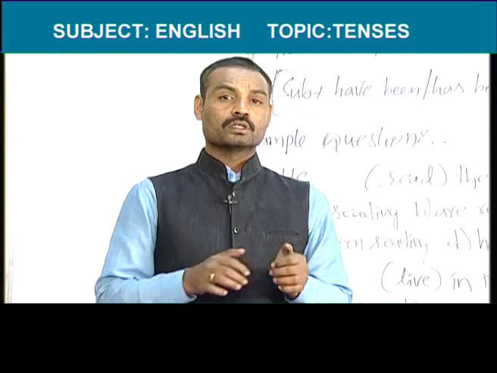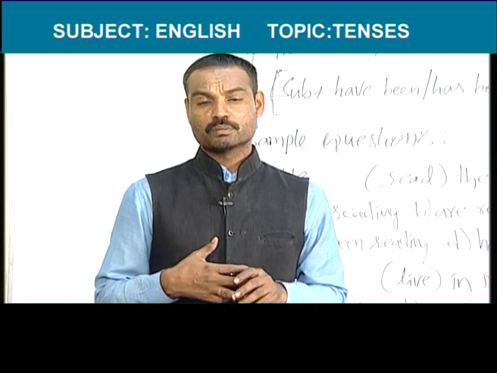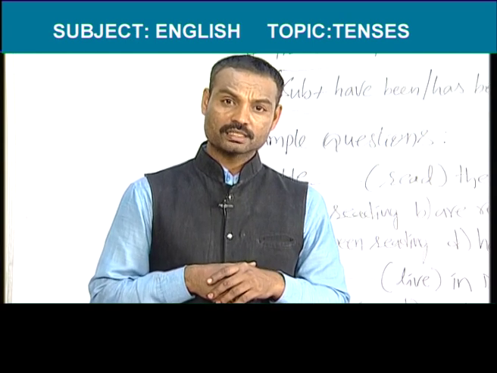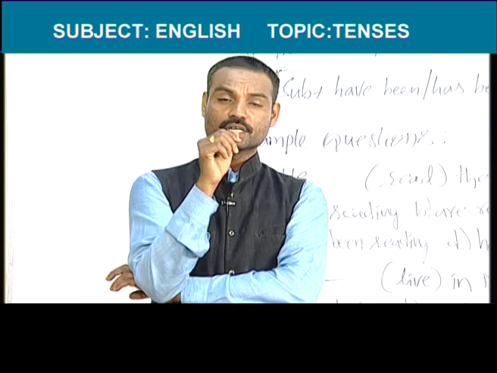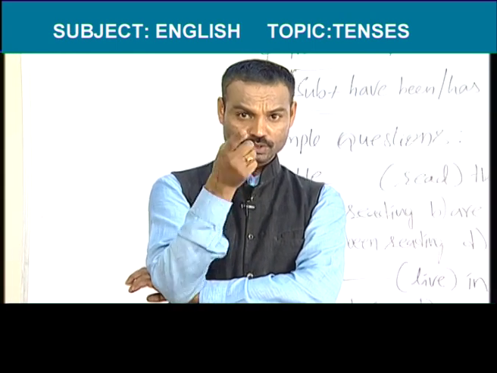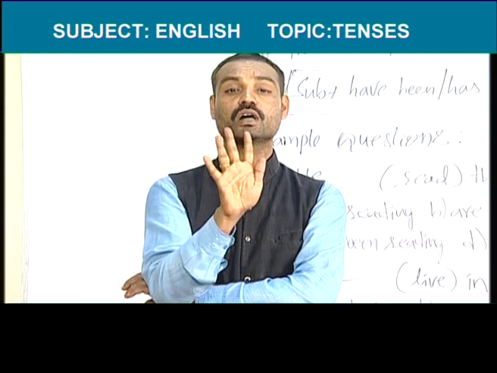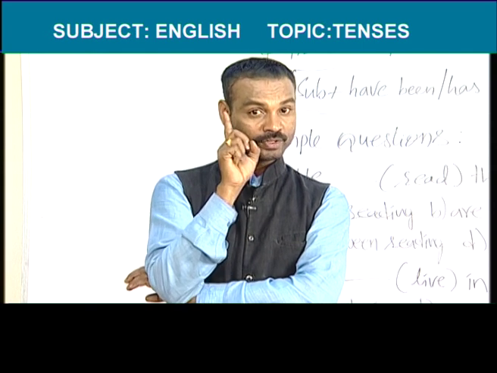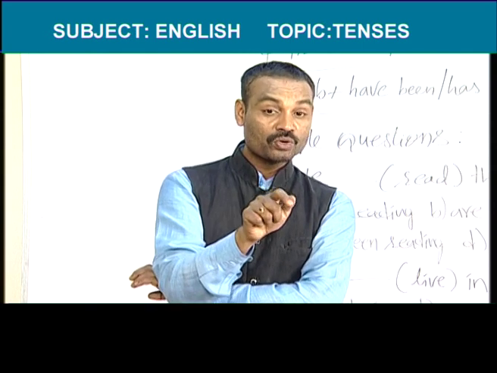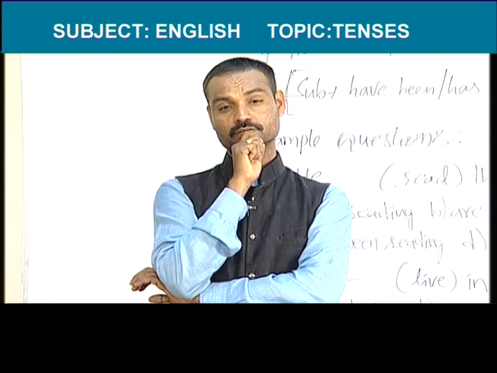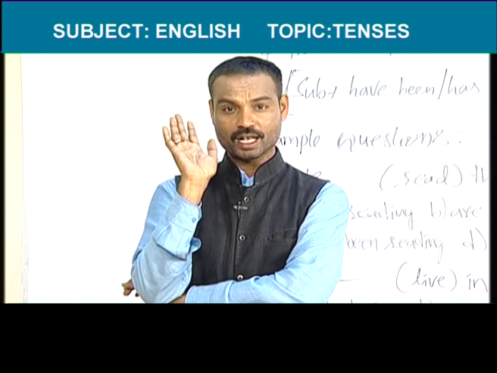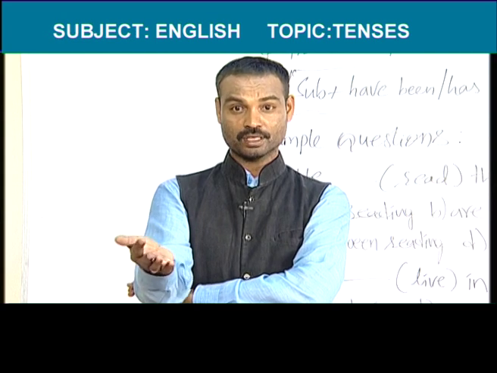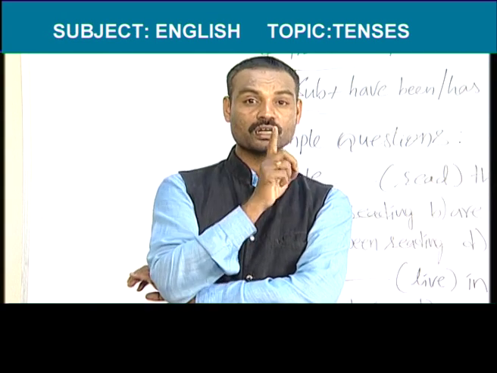Okay. So, this is something about present perfect tense. Now, I am going to tell you present perfect continuous tense. Present perfect continuous tense is used to tell an action which was started in the past, and that past work should be going on even in the present. Okay? A work should be started in the past. Past means whether it may be yesterday or 2 days ago, last week, last month or last year. So, past works should be going on even in the present.